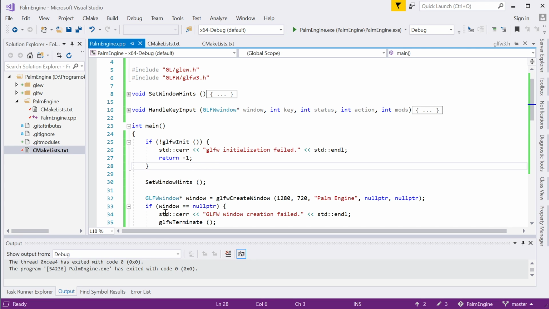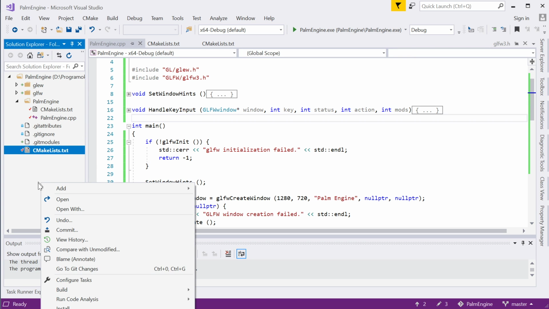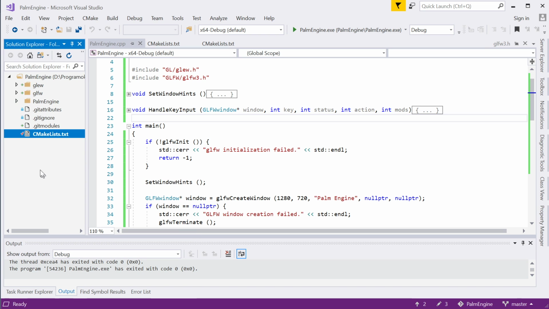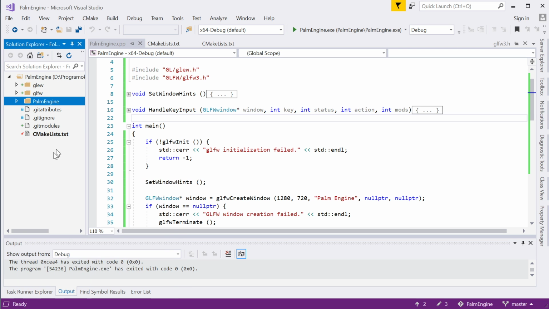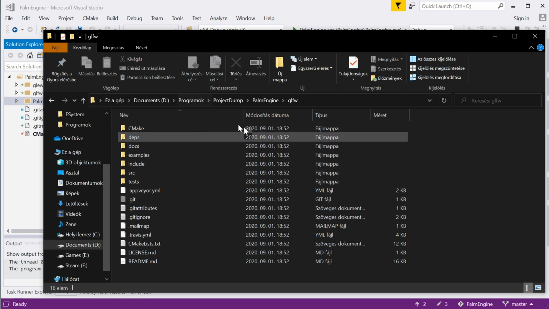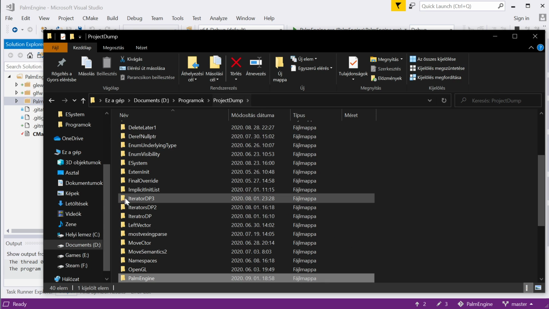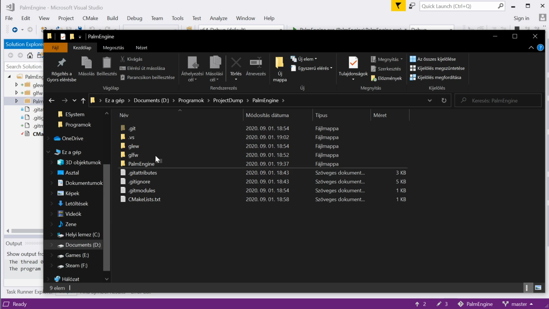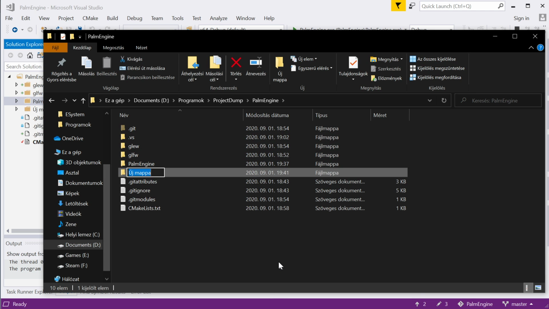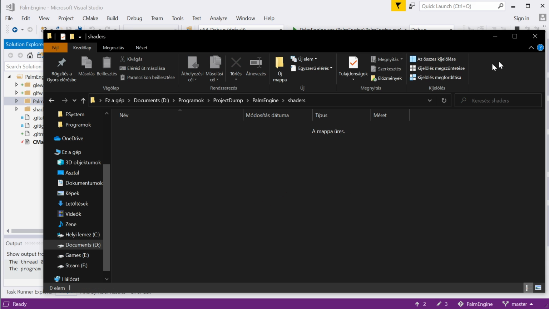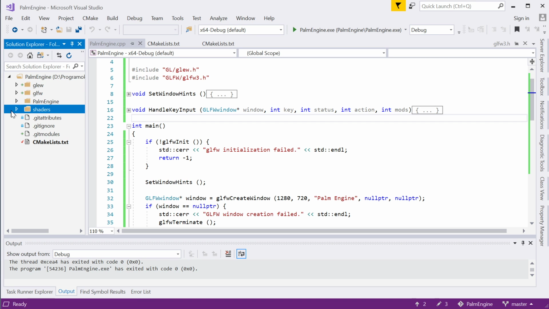But first, what we need to do is create a folder where we can store our shaders. So I'm going back to the project root. Sorry, Palm Engine. I have a lot of other stuff going on in my hard drive. So I'm going to type shaders, and inside shaders, it has also appeared in my